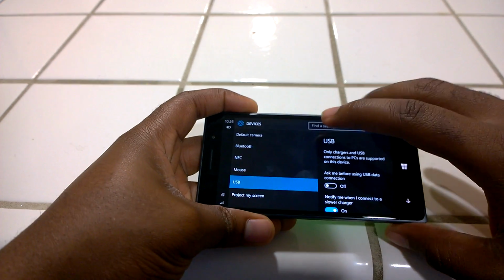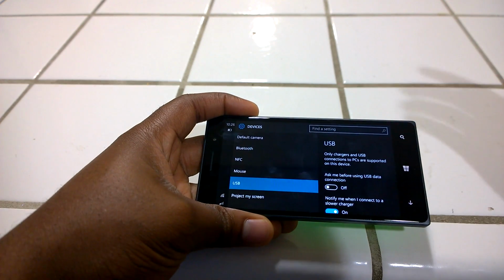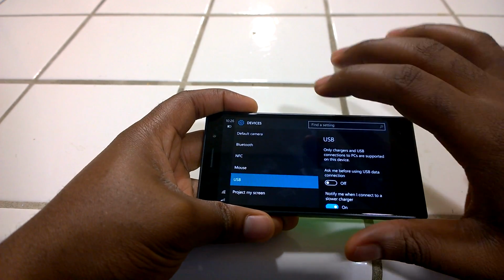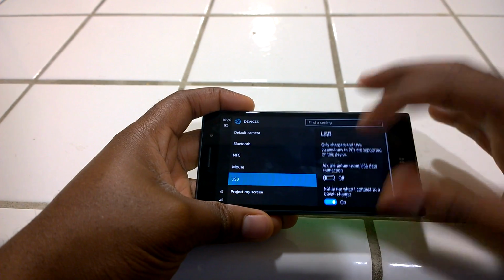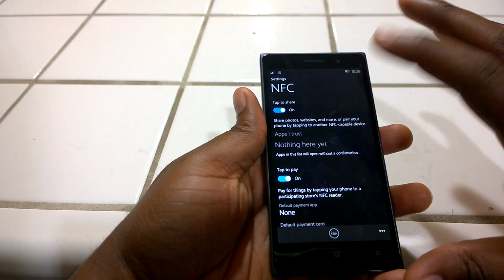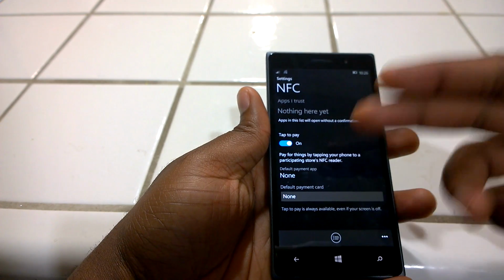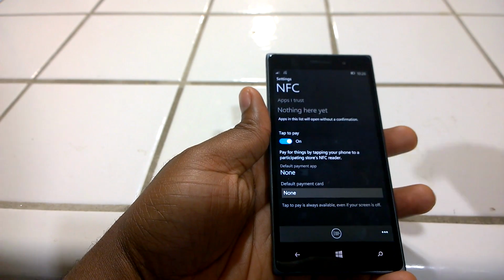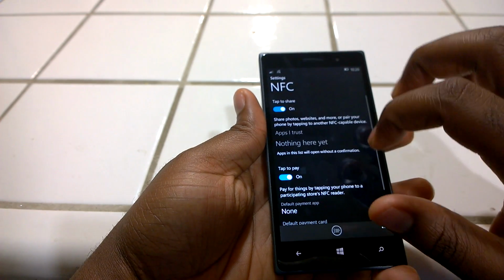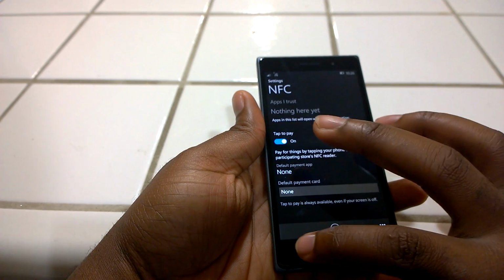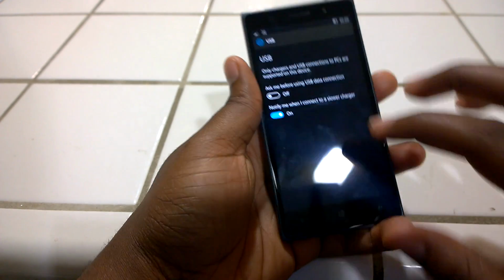It's not fully implemented in every settings page, so some pages haven't been changed yet, so that's why some of them actually take you to a new screen. So see NFC. As you can see, this doesn't support the split view, so it takes you to the solo view. And there is a new tap to pay. I think this was also in the previous build. You just have to put in your card information there to use tap to pay. I haven't tested it yet, so I'm not sure if it's actually active. Go back